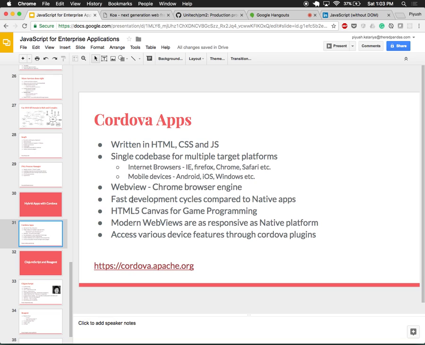For example, this is a Cordova app. The Slack version which you get installed on mobile is built using it. There is another alternative to Cordova by Microsoft called Xamarin.